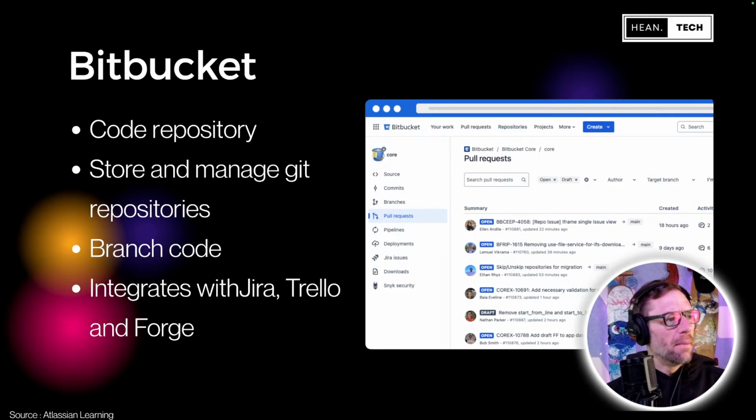Excuse me. Now, next up is Bitbucket. If you're familiar with GitHub or if you've heard of GitHub, in my mind, Bitbucket is the same thing. Again, I'm not a software developer, I just work with them. But it's a code repository. It's somewhere that my team can go store all the great code they're writing.